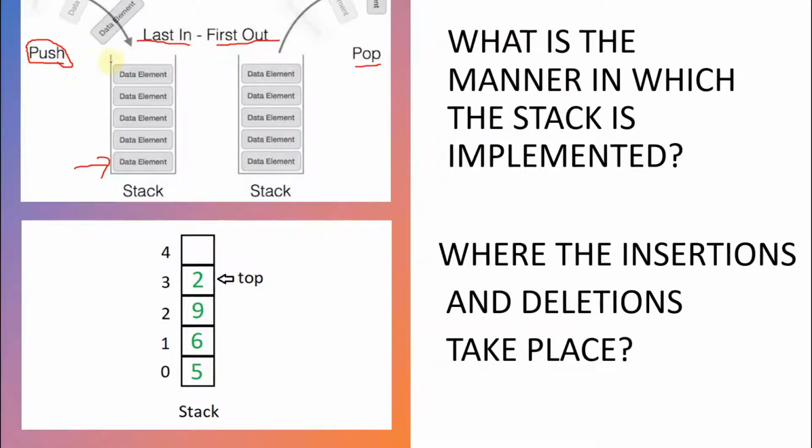There are some terminologies you have to remember with respect to stack. One is push, another one is pop, and we have something called top. Top refers to the place where the last element is stored, or we can also say it refers to the index. If the first element which we have stored has index 0, the next element's index will be 1 and the next one will be 2. It goes on like that.